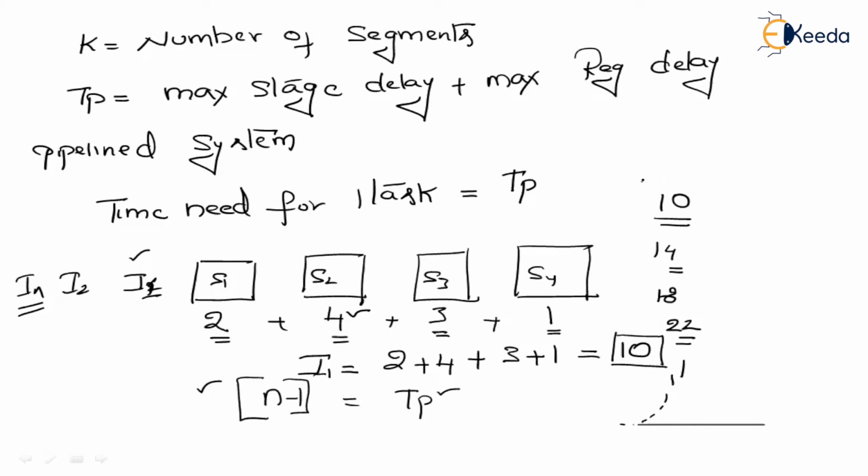The first instruction will go through all the phases. I am repeatedly saying this because it needs to be understood. The first instruction will take all the clock cycles. You wait for 10 clock cycles to get the first output. After the first output, the second instruction's output will be at the 14th clock cycle. The third instruction's output will be at the 18th clock cycle, because the maximum segment delay is equal to 4. So all the remaining n-1 instructions will take just Tp clock cycles.